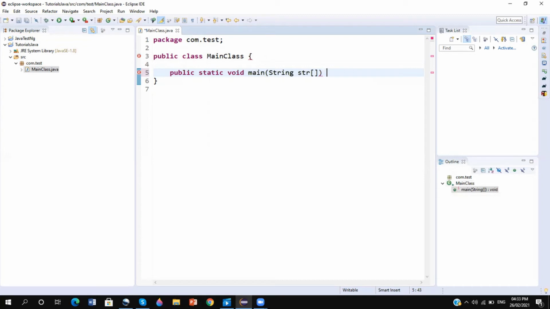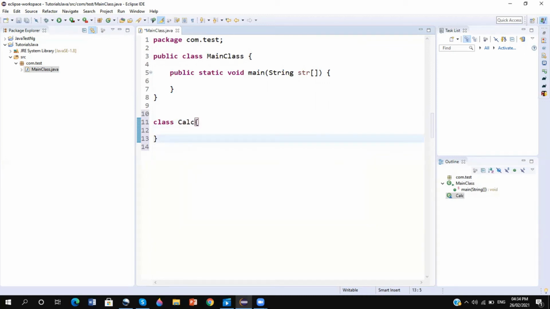Okay, this is the main method. Now next, I'm going to create another class. This class is a class where we create some method to add the two numbers and print on console. So how do we do that? Use the class keyword and give the class name. This is a user defined name. I can give it Calculator, and then we can use the curly brackets.